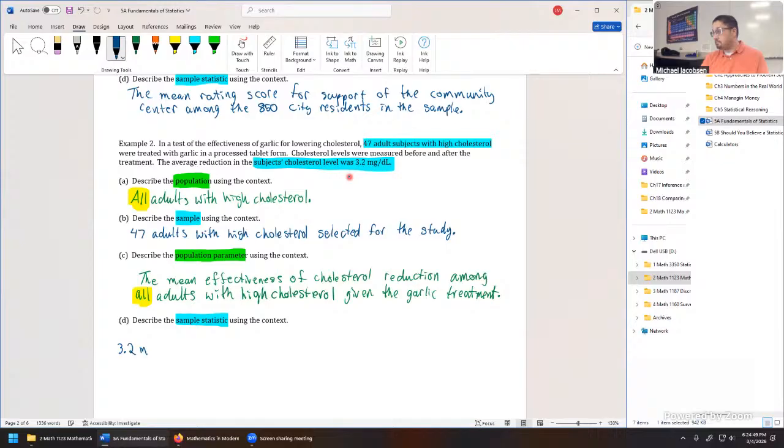3.2 milligrams per deciliter is going to be equal to the mean. Notice we're pretty much going to copy this same language that we put down here for the parameter, but what we're changing is we're not saying all adults, because we're talking about the sample now. We have to talk about just the 47 people that actually did take the treatment. So 3.2 milligrams per deciliter is the mean effectiveness